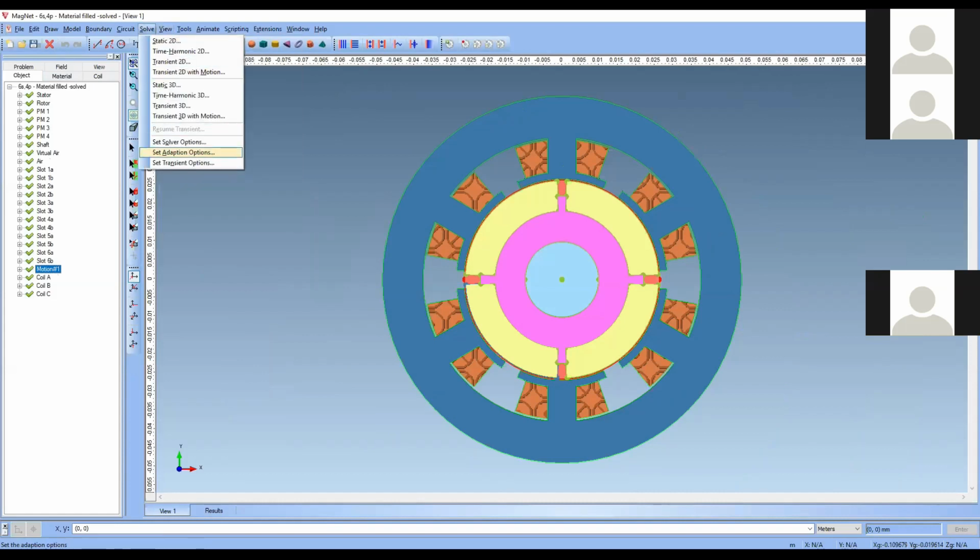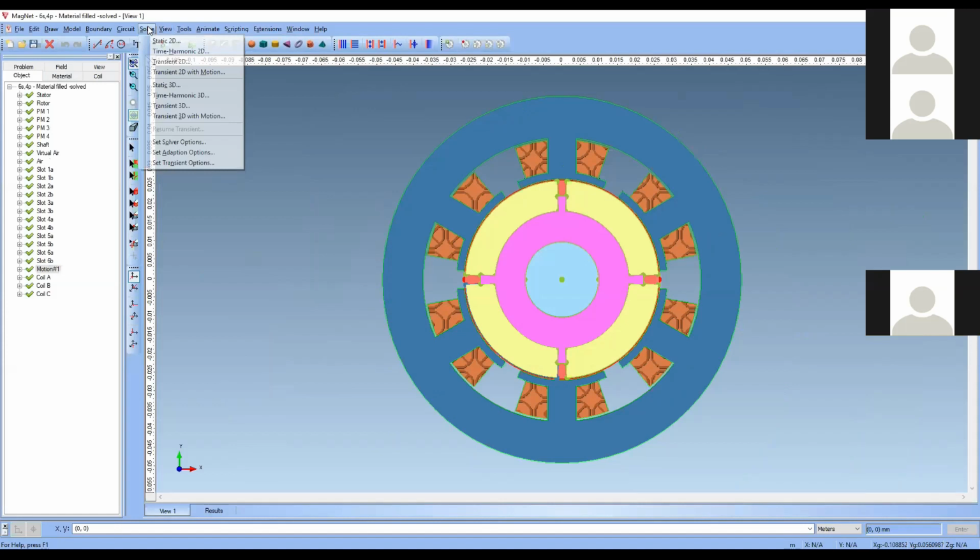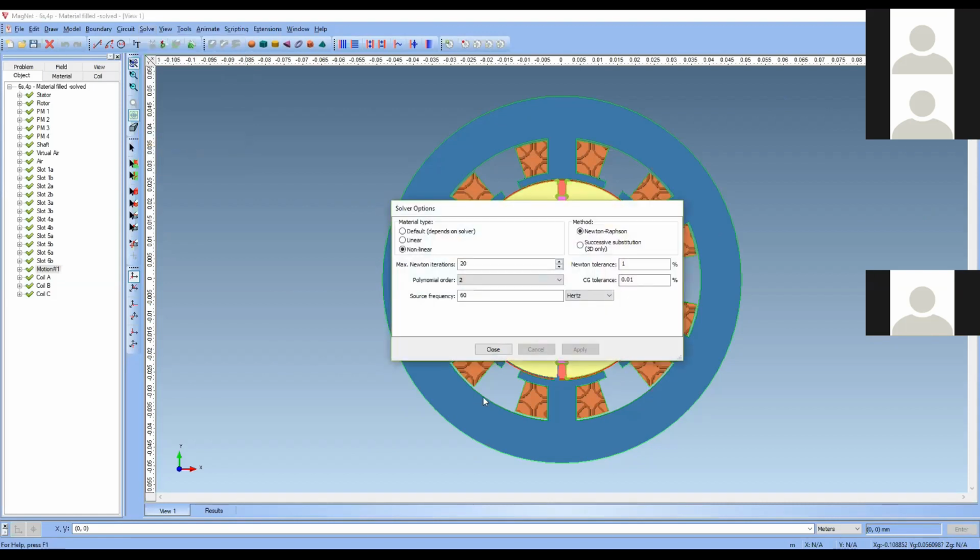Now see the solver options. Before solving anything, first you go through all these solver options. In these, you give the source frequency and how many iterations it has to run, with which order.